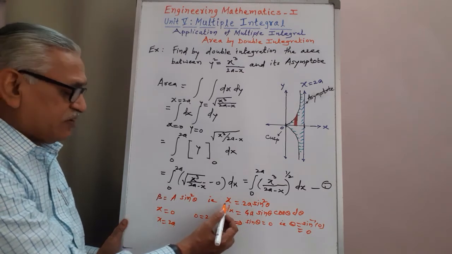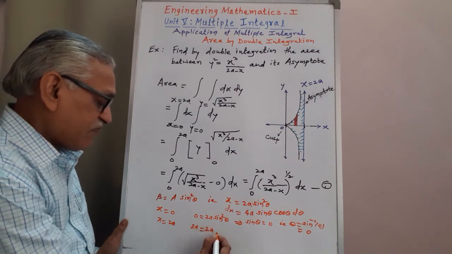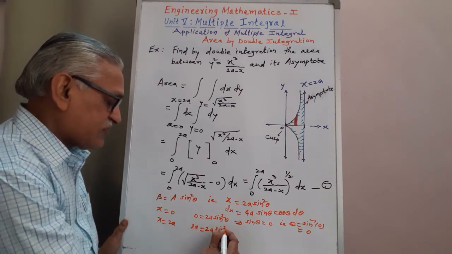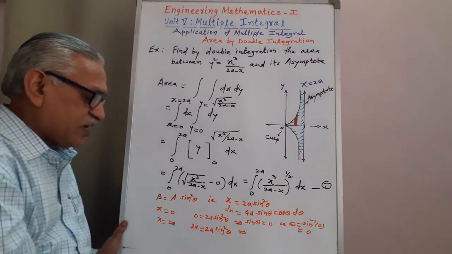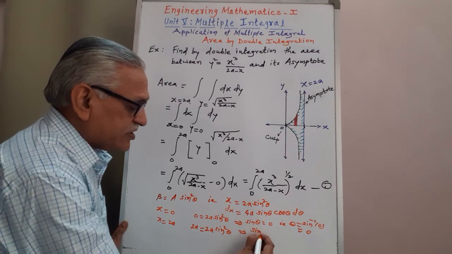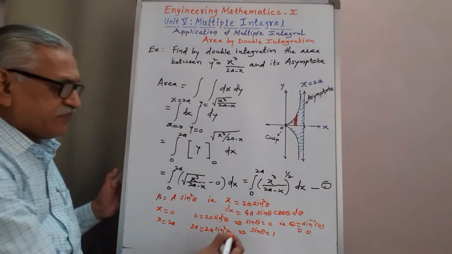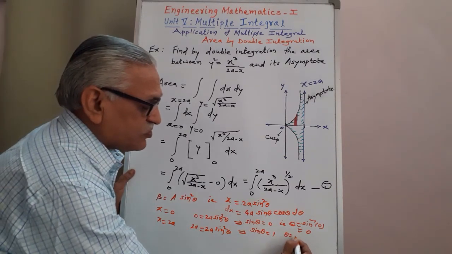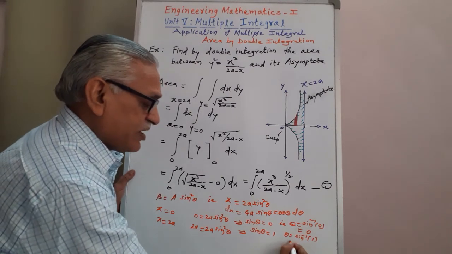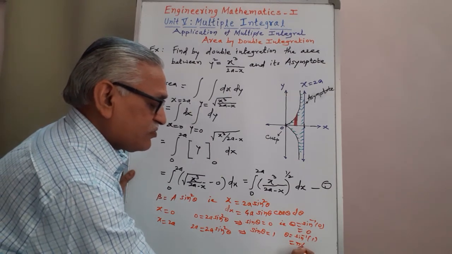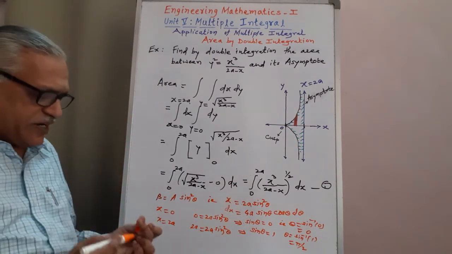And when x is 2a, if we put that value here, we get 2a equal to 2a sine square theta. Dividing by 2a, we get sine square theta equal to 1, which means sine theta equals 1, taking the square root on both sides. It implies theta is sine inverse of 1, and the value of sine inverse of 1 is pi by 2. And therefore substituting these limits in equation 1, we get,